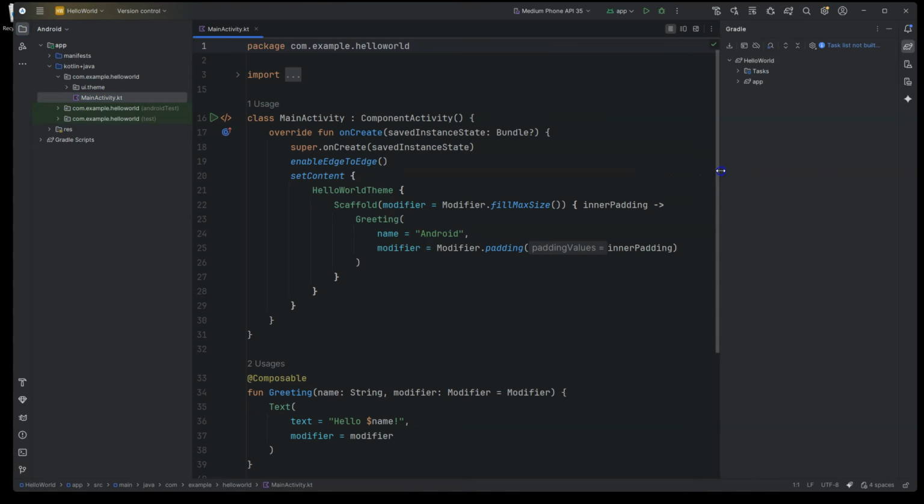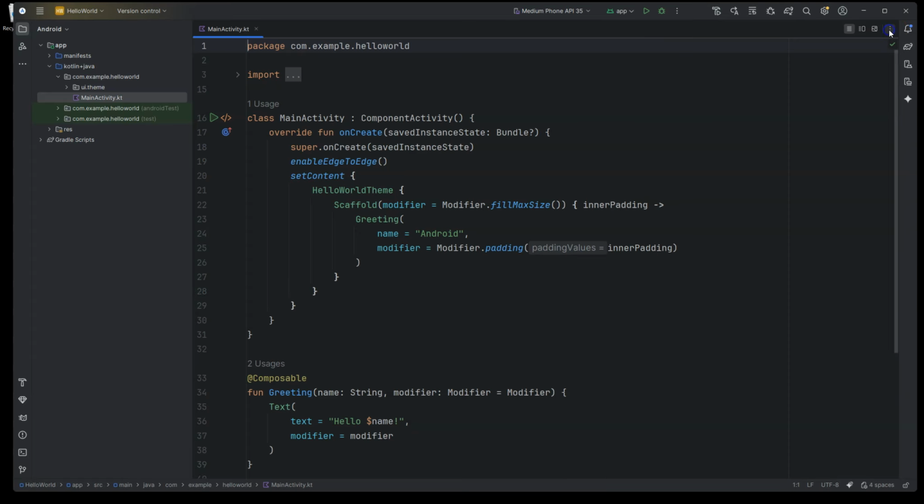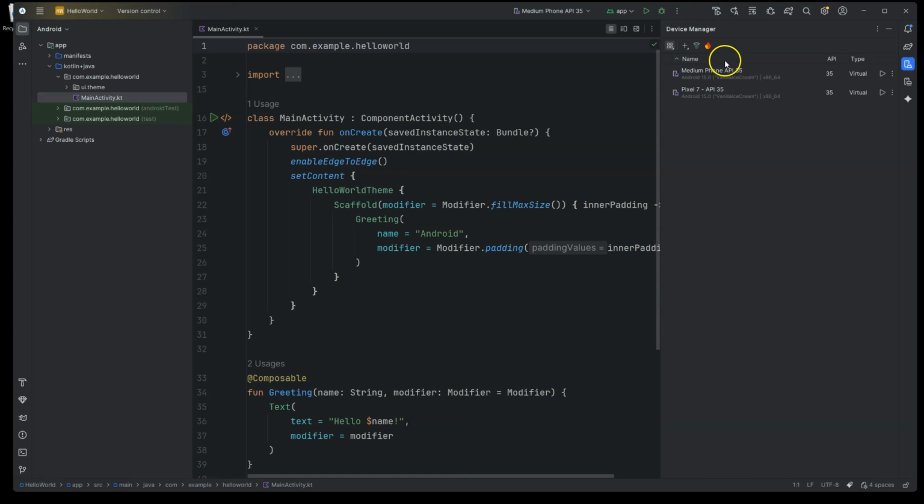Next here on the right side, we have this Gradle. In the beginning, you don't need to focus on this one, so I just hide it by clicking here. But here on the right side, you have this device manager that we were talking about. Here you see these default Android emulators that come with the installation of Android Studio. Then you can, as mentioned, create your own